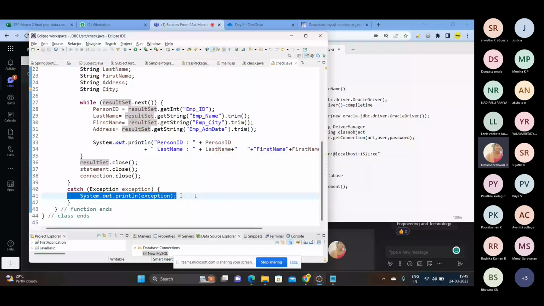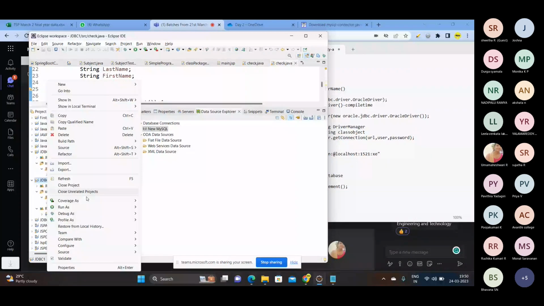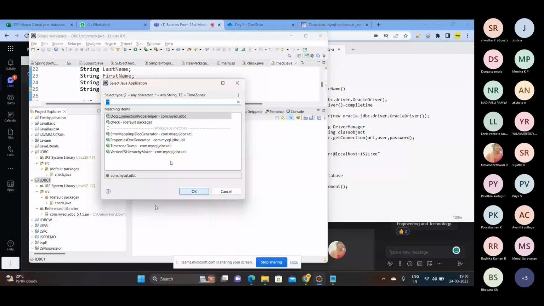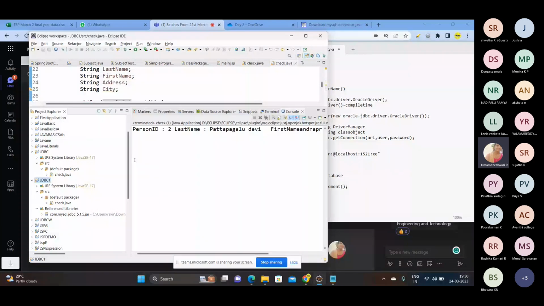Okay. So as of now, while I'm executing this code, what I got, let me execute it again. Okay, here I can see the person ID is 2, name and everything, right? So if you come at the bottom,